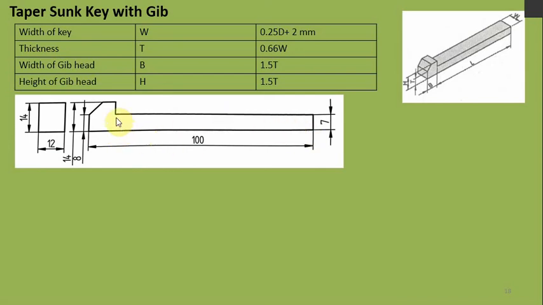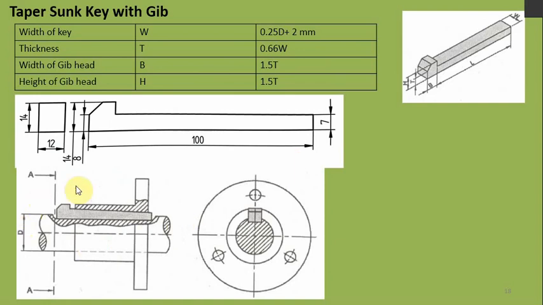Since here it is 8 mm, if you move along the length, as it is a tapered key, if it is 8 mm here, the other end will be 7 mm. So this is the only difference from the normal tapered key. So this is the assembly drawing. Here you can see all the drawings. The top side is tapered. Here it's a gib head. From here to here it is 100.